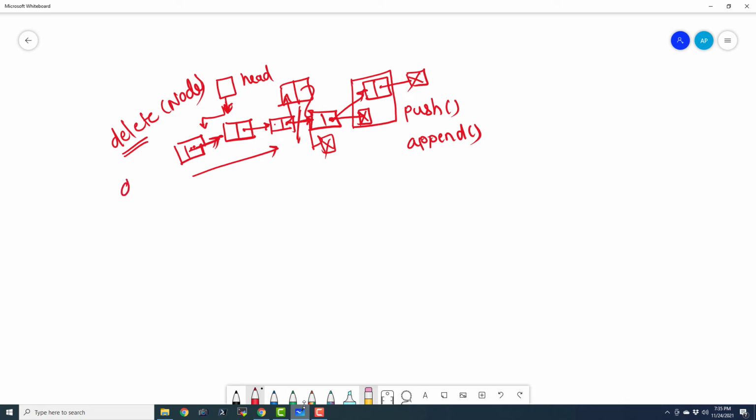So in Python, I guess it is del, and in C++, I guess it is the delete operator, which is going to free the memory. See, only pointing the head to the next element is not enough. We have to remove that particular thing from the memory. And if we remove that particular thing from the memory, it will be totally taken care of. It won't be staying in the memory as a garbage value.